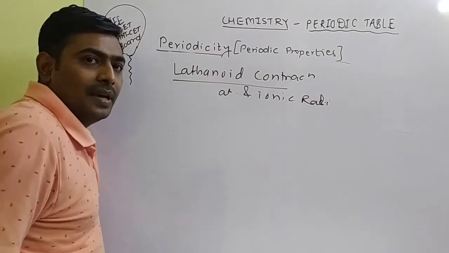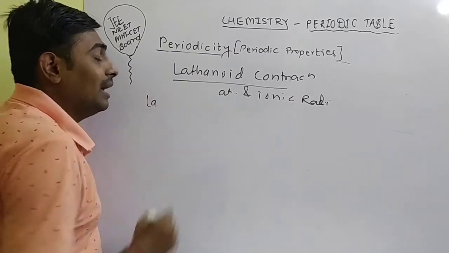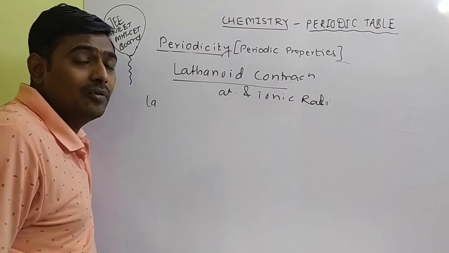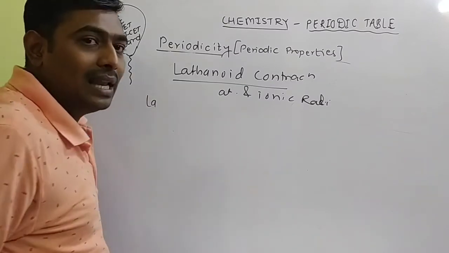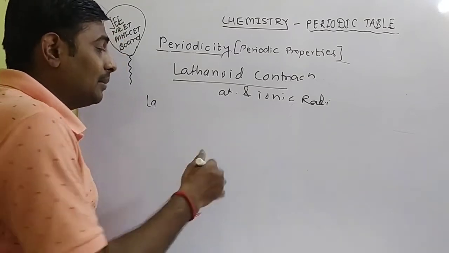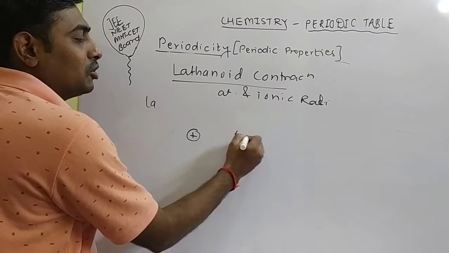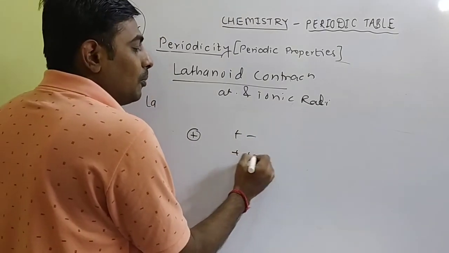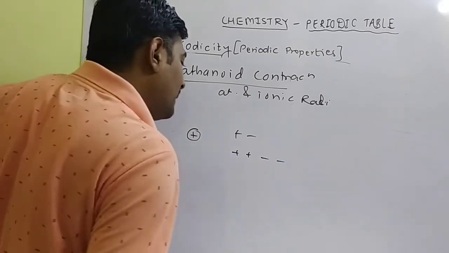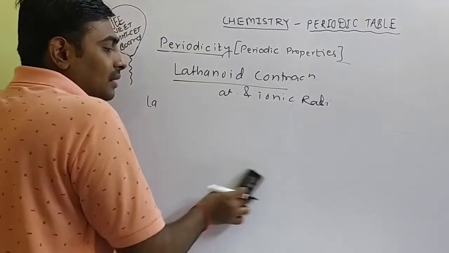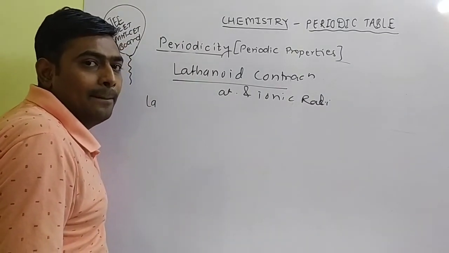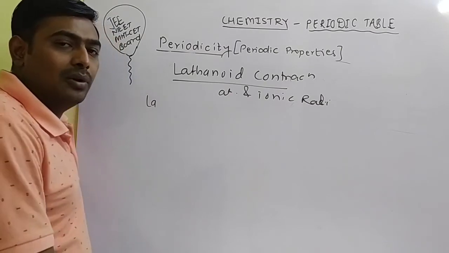So what happens in lanthanide contraction? What do you mean by lanthanide? Electrons enter the pre-penultimate shell. As atomic number increases, we know that lanthanides are heavier elements with higher atomic numbers. The more protons in the nucleus, one positive and one negative means more attraction, two positive and two negative means more and more attraction. As positive and negative charges increase, attraction increases. Obviously, as atomic number increases, attraction also increases. So in lanthanides, with maximum atomic numbers, protons and electrons are highly attracted towards each other.